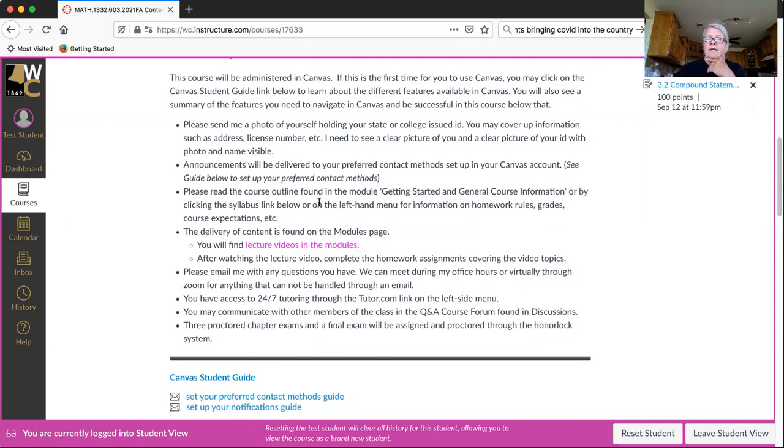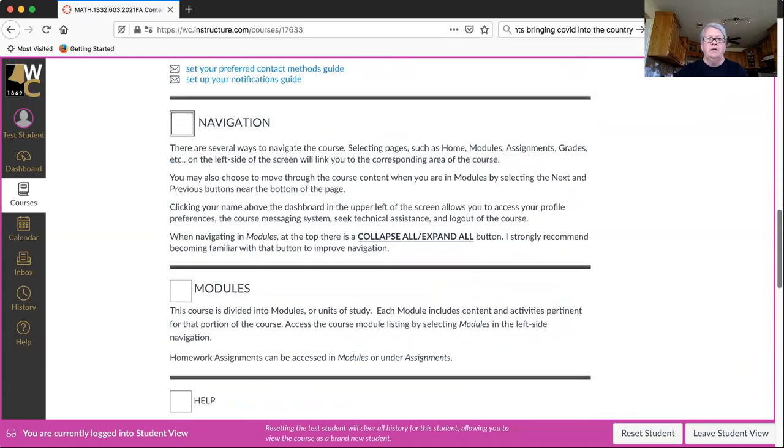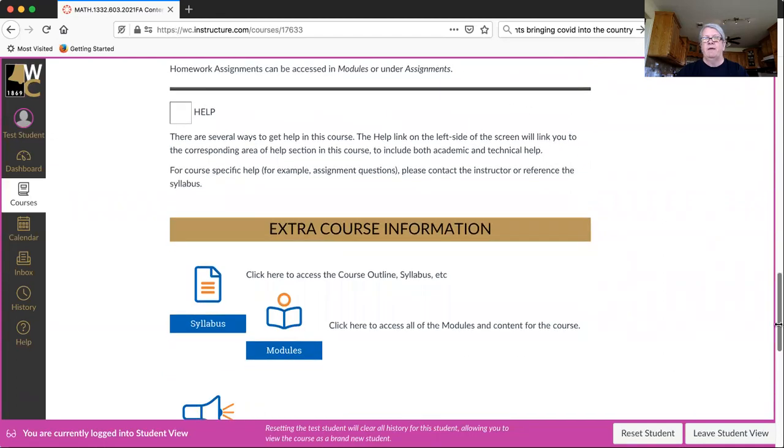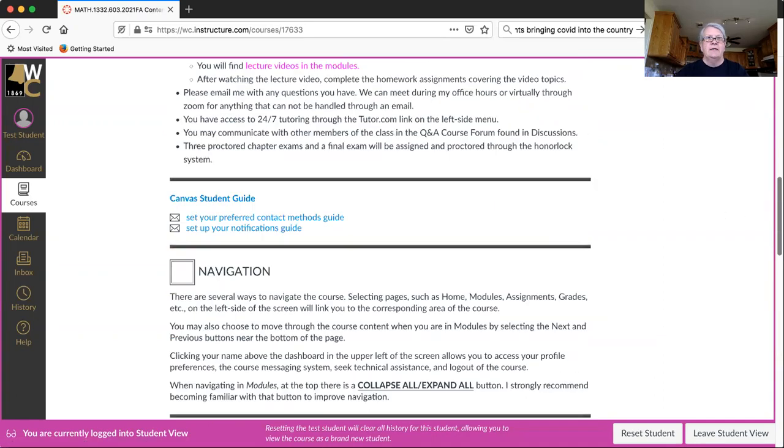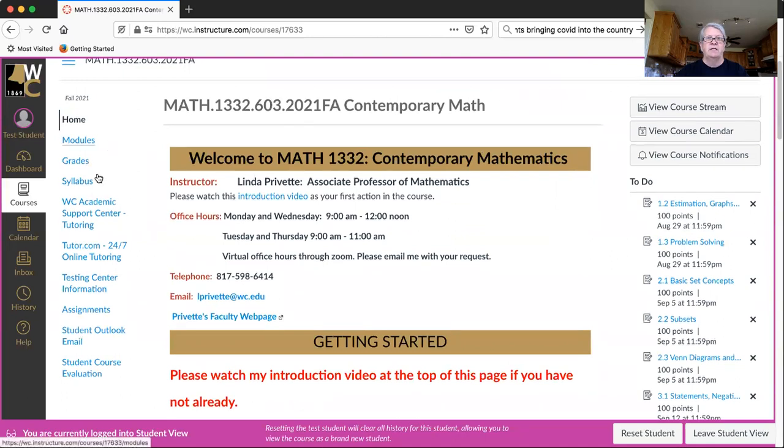Please read over the course outline that you can find either in the module called Getting Started in General Course Information or by clicking the syllabus link that's below or in the left-hand menu, and we'll look at that in just a minute. Basically, you're always going into your modules, so we'll look at it from your modules page. Okay, so read through this information. Here's just some navigating information. Here's the syllabus link I was talking about. You can find the course outline in, but what you really need to always know, here's the syllabus link again,